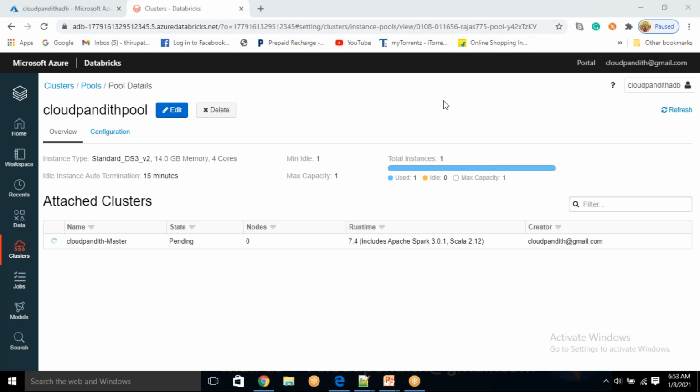You see here, used is 1, idle is 0, max capacity is 1. To this particular cluster, this pool is attached. Now you can see here how many are in use, how many are idle. So idle means how many terminated things you can see here.